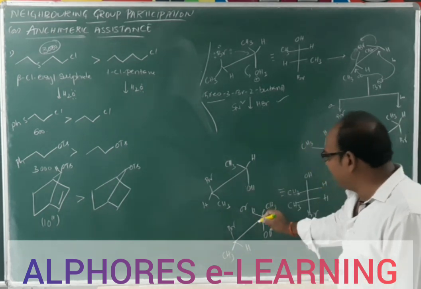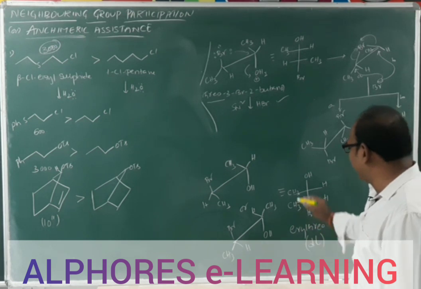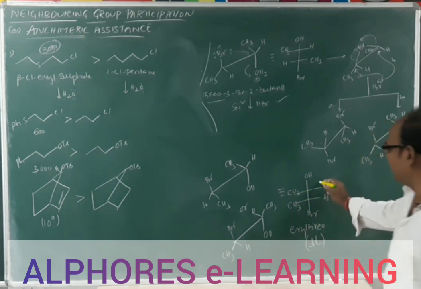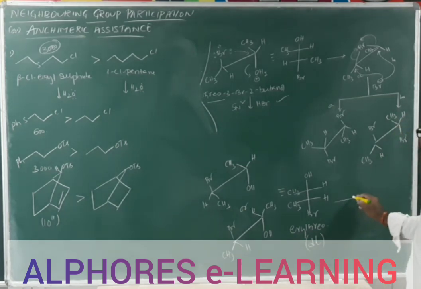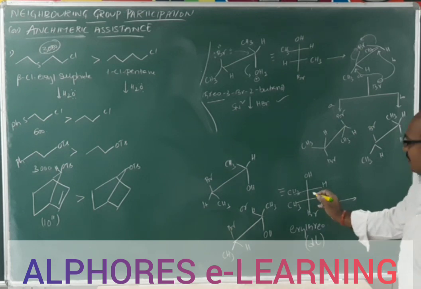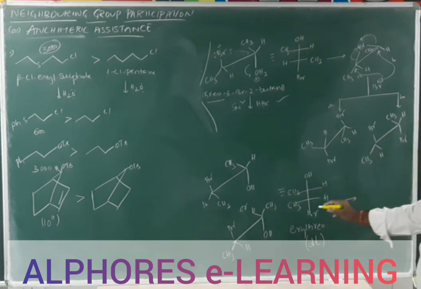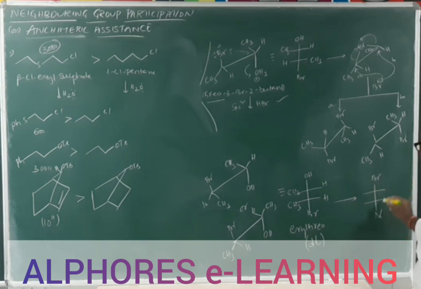And if you consider the erythro isomer, in which both methyl and hydrogens are on the same side, you can write it in this form or in this form. How to convert these, we already learned in our first year syllabus. So this one, upon anchimeric assistance, gives a meso compound again, which is optically inactive.